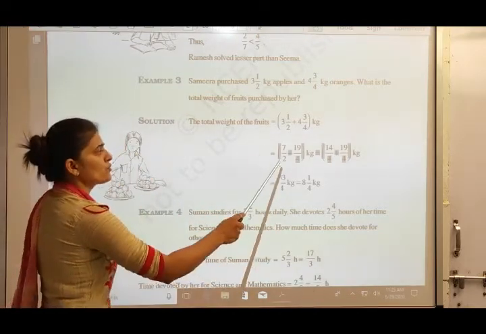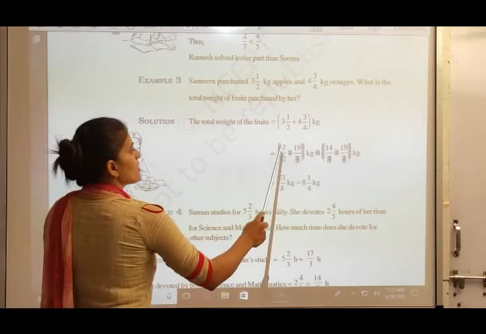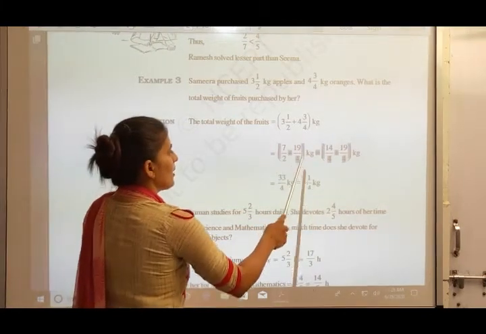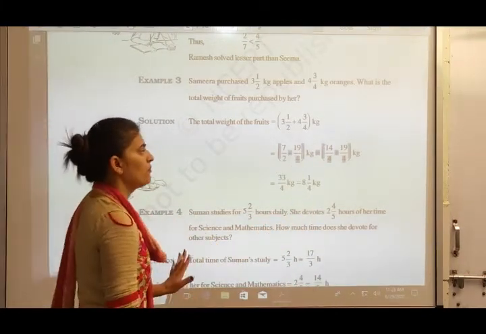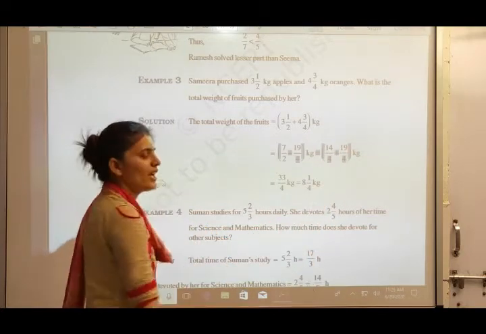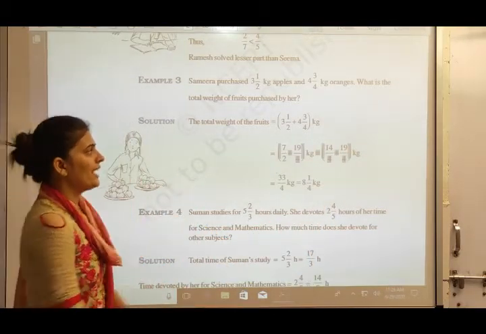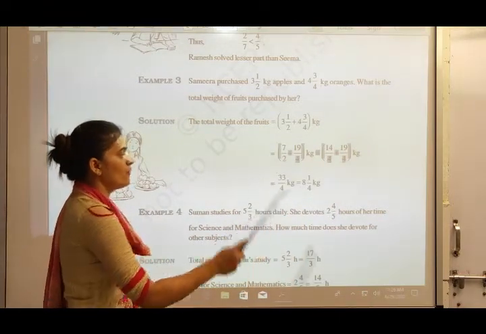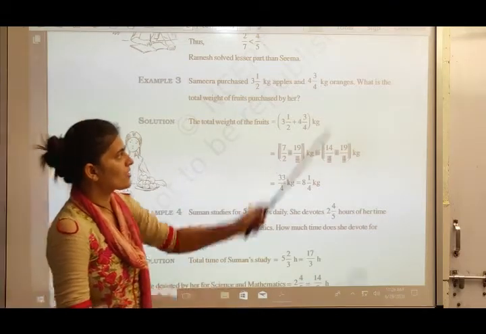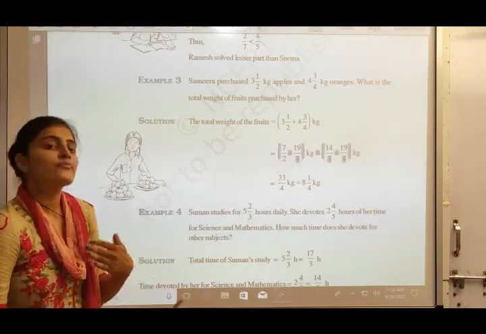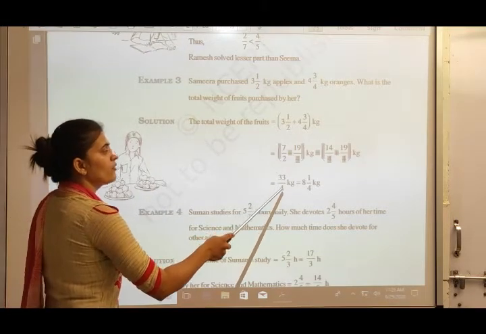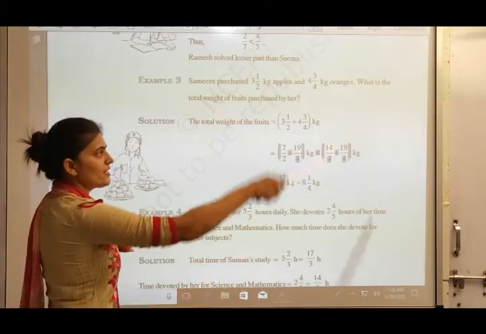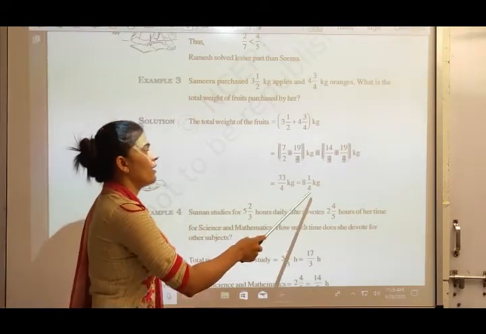Here it is 2, so we have to multiply it by 2. So 7 2s are 14, 2 2s are 4. So 14/4. Now another, 19/4, the denominator is already 4, so no need to multiply with anything. So plus 19/4 as it is. So 14 plus 19, what will be the answer? 33 divided by 4 kg. Now the question is given in mixed fractions, so we will convert the answer into a mixed fraction. Simple, we divide 33 by 4 and remember the reverse V, and write down 8 1/4 kg.